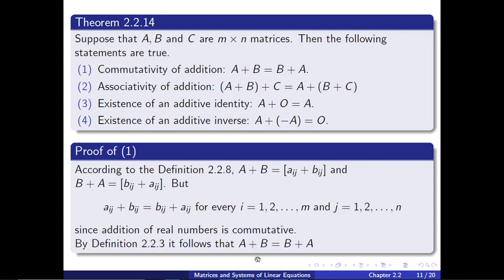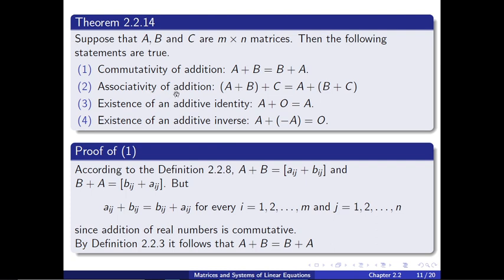So remember that in vectors we had commutativity of addition, so we are going to also explore these properties and compare them with what we already know of real numbers mainly, and see which ones will hold for matrices and which ones will not hold for matrices. So the first one is commutativity of addition. So A plus B is equal to B plus A when we are working with matrices,